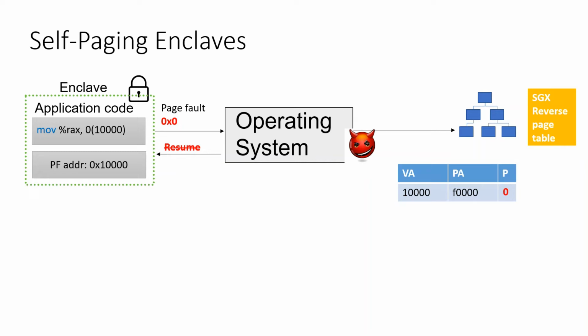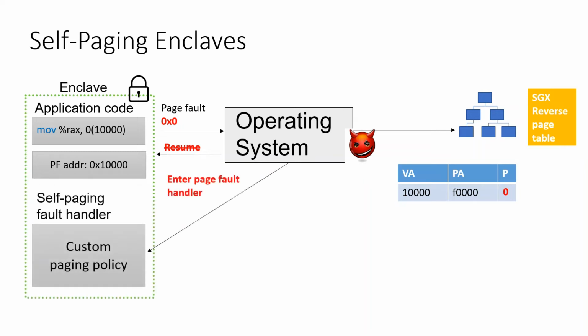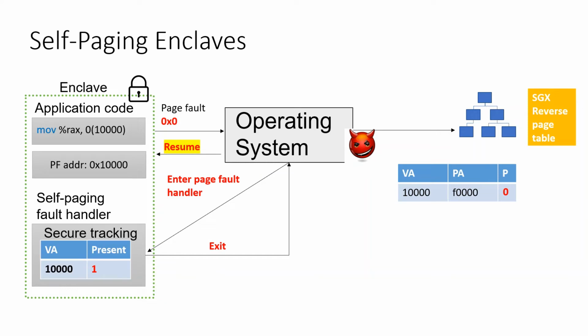Instead, the OS is forced to re-enter the enclave on a new execution stack. Internally, the enclave securely executes a custom fault handler using the faulted address logged inside the enclave. After exiting the fault handler, resuming the enclave is made possible. Note: the enclave is in control of its own page faults, so it can track the expected mapping presence and